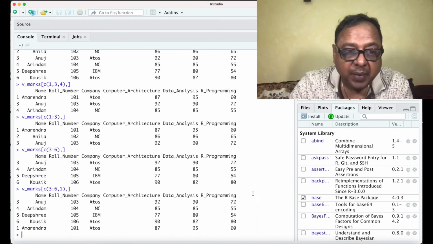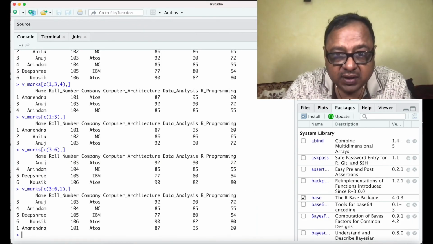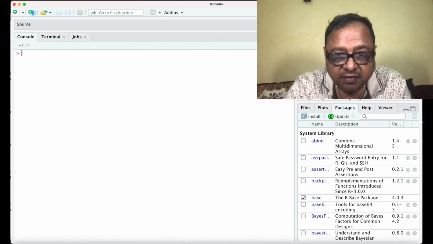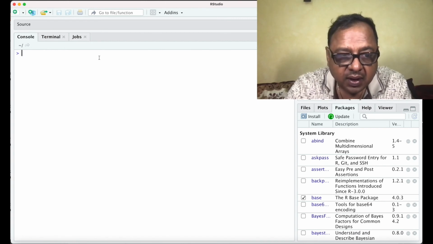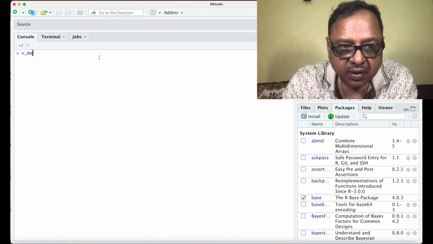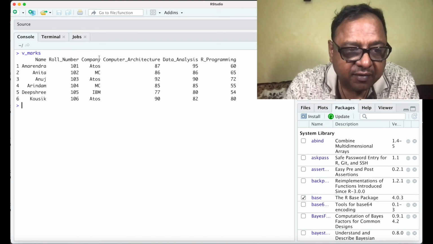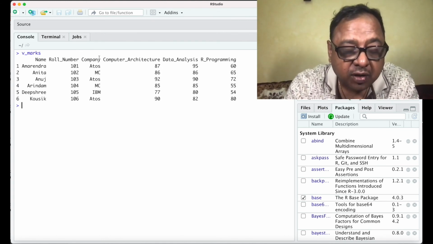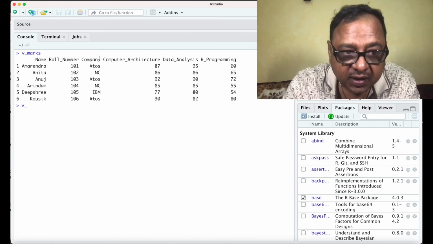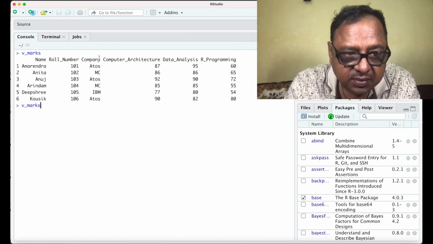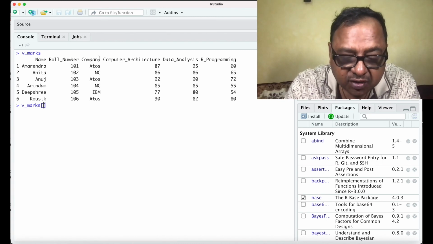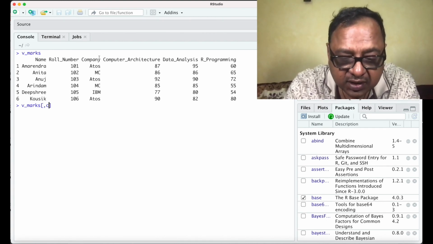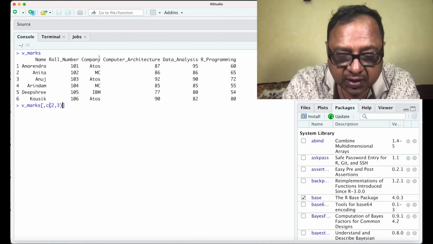So here we are back in RStudio. So I will just clear my screen first and I print my data frame once again. Now I want to see roll number and company. So I can say v underscore marks and within square brackets I give comma c 2 comma 3.